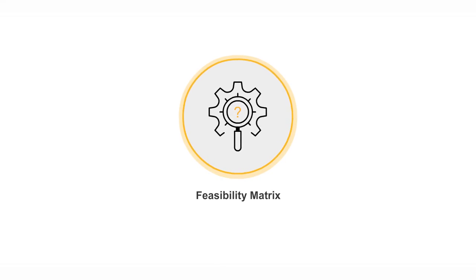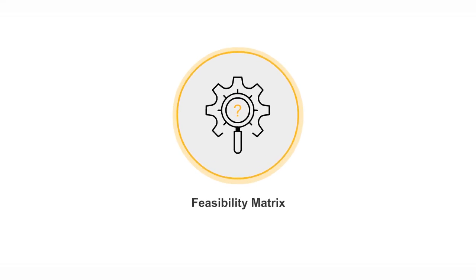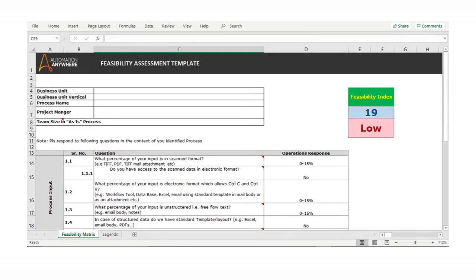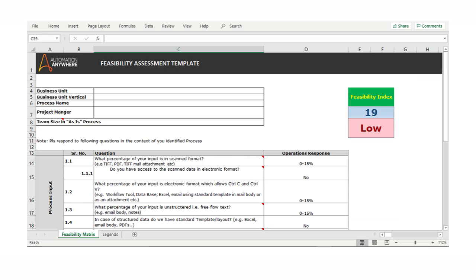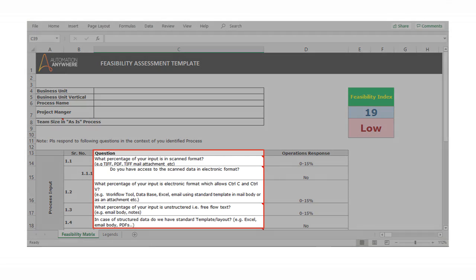Feasibility analysis is performed using the feasibility matrix to determine the feasibility of automating any given task. The feasibility matrix is in the form of an Excel file and includes two sheets: Feasibility Matrix and Legends. The feasibility matrix sheet is where you will actually perform the feasibility analysis by responding to the various questions in